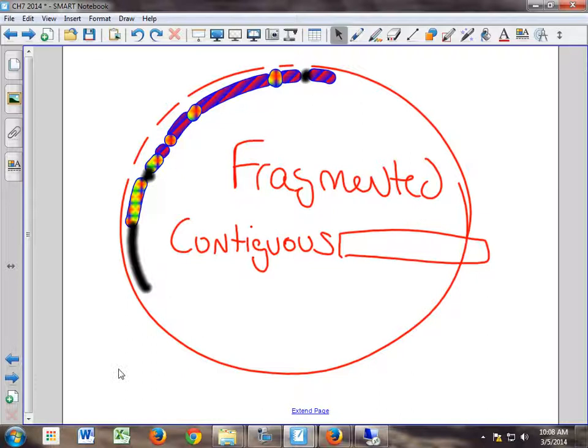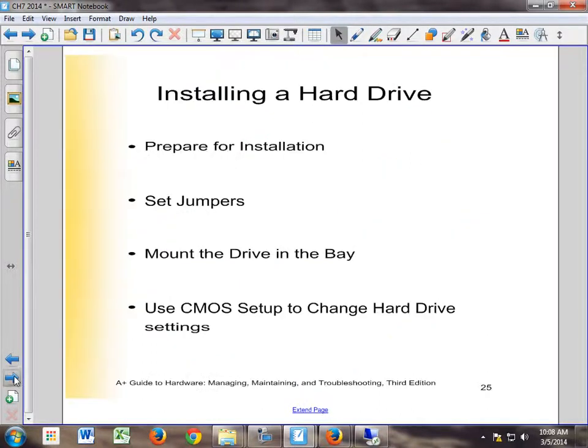Okay, so that's what fragmentation is. Let's finish this section on installing stuff, and then next time we're going to talk more about speeds. So when we install a hard drive, we want to get our drive ready, we want to set the jumpers, we want to mount it in the bay, and lastly we have to go into BIOS to make sure it's on in BIOS. Those computers right there, the GX280s, which you will have in your final exam,